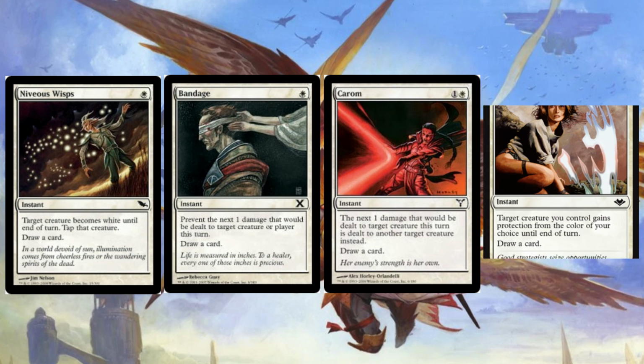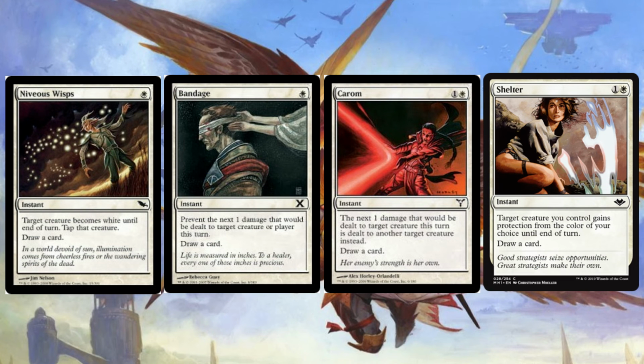Niveus Wisps has target creature become white until end of turn, and it becomes tapped. Bandage prevents the next 1 damage that would be dealt to target creature or player this turn. Carom has the next 1 damage dealt to target creature this turn dealt to another target creature instead. Shelter gives target creature protection from the color of our choice until end of turn. Speaking of protection,